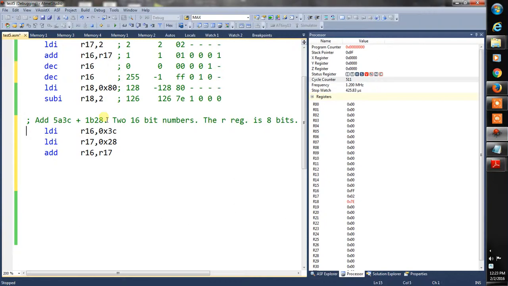Now let's do the upper portion. We're going to copy this, paste it, then change it around so that we don't destroy the R16. We have to keep the R16. Let's use maybe, well, we could do 17, 18 here. That'd be fine. 17, 18, and the result's going to go into a 17. And the new numbers are